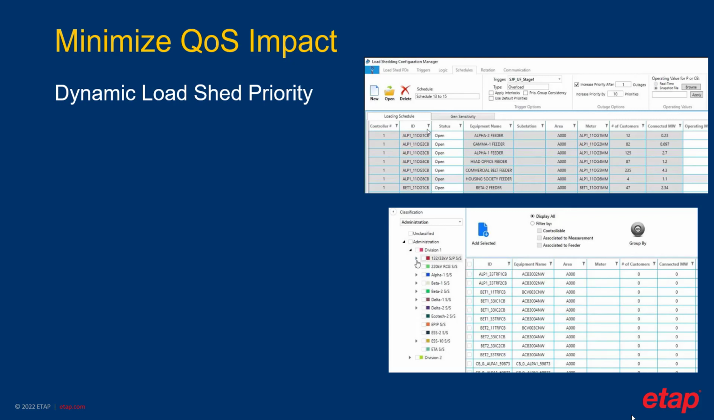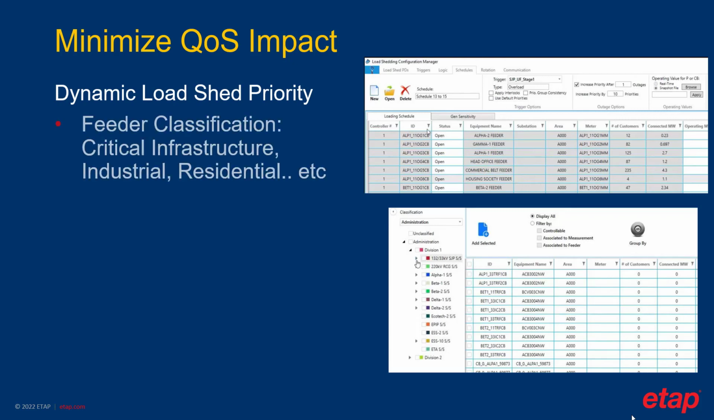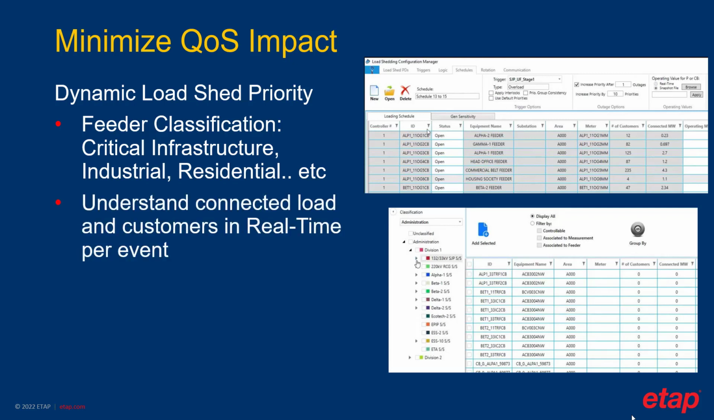Dynamic load shedding priority is one of the tools. The iDLS allows you to classify customers and feeders such as critical, industrial, residential, just to mention a few. Priority can be adjusted based on the type of customer. The iDLS also allows you to track total load connected and number of customers connected per feeder. This is very important when deciding the priority of feeders in the case that a large number of loads need